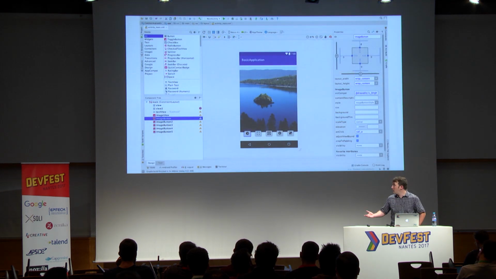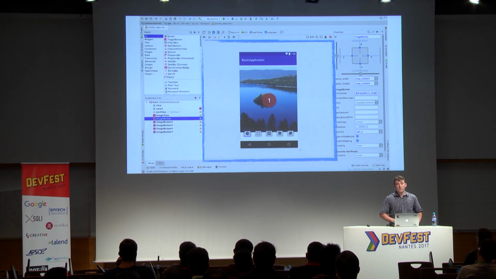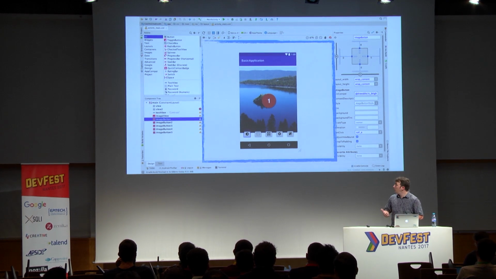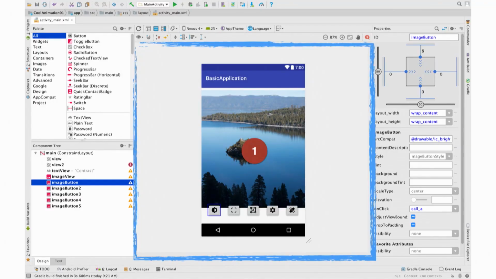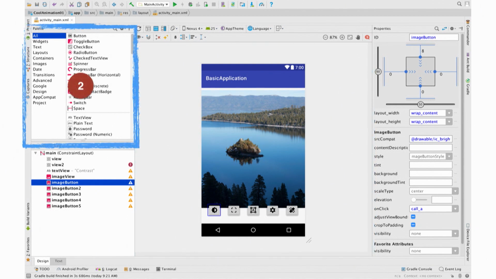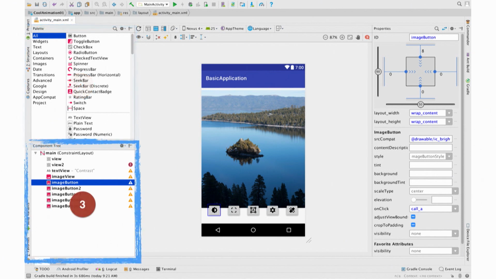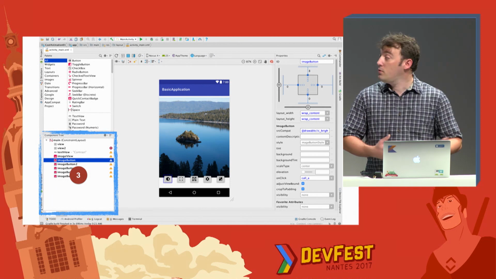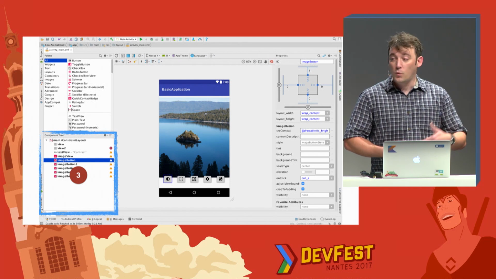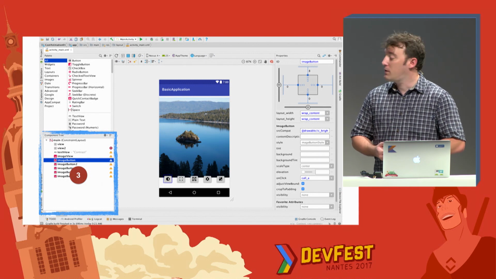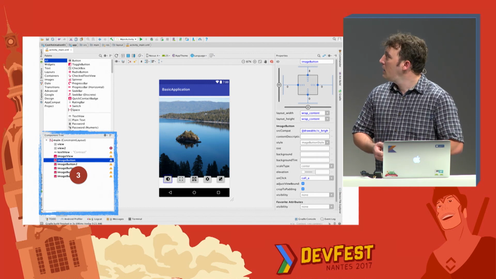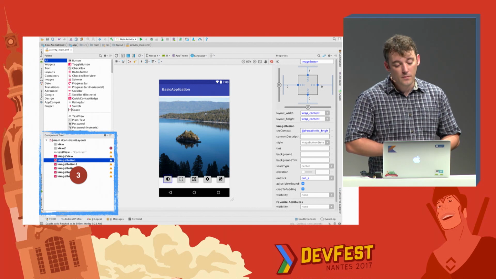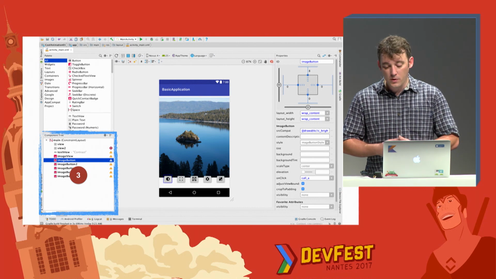So the layout editor, very straightforward. You have this center area that we call the design surface. You got an area where you get all your widgets and containers and whatever that you want to drag to the design surface. You got an area showing the structure of the XML file, and you can use this area to actually reorder things in the XML. You don't have to go to the XML to do that. You can also drag directly from the palette to the component tree.